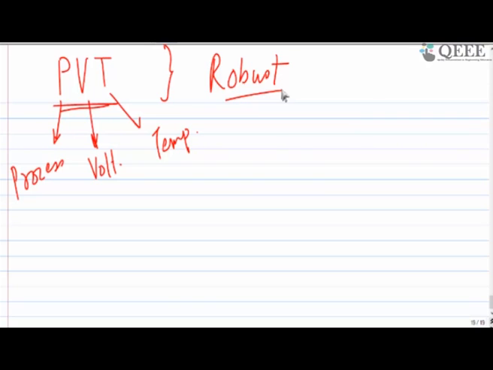So what do I mean by process? Process means transistor manufacturing. All the transistors have to be identical, or like this is one thing you can do, but it's very difficult to do that. You cannot make all the transistors identical or having the same performance. So for that, you have to make your circuit in such a way that it's not depending on the process.